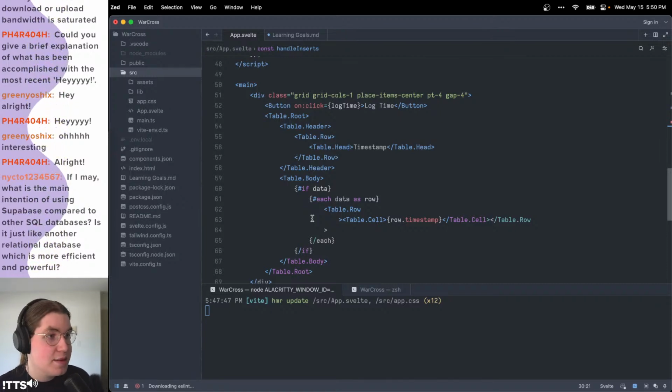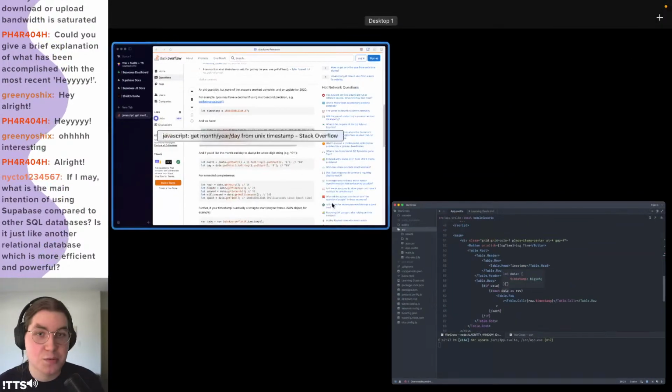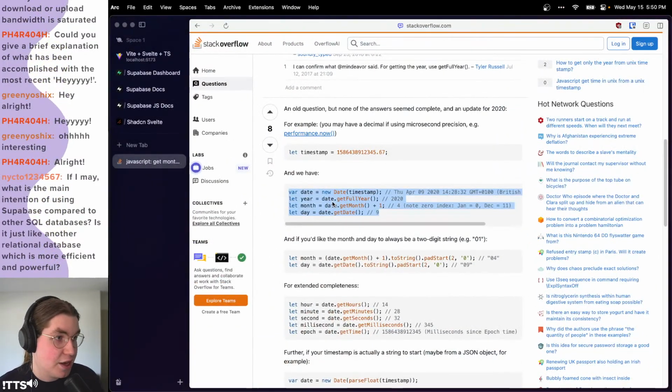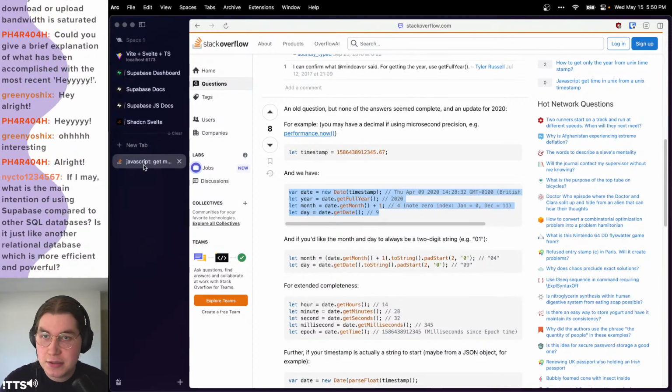NYC2, if I may, what is the main intention of using Supabase compared to other SQL databases? Is it just like other relational database, which is more efficient and powerful? So Supabase